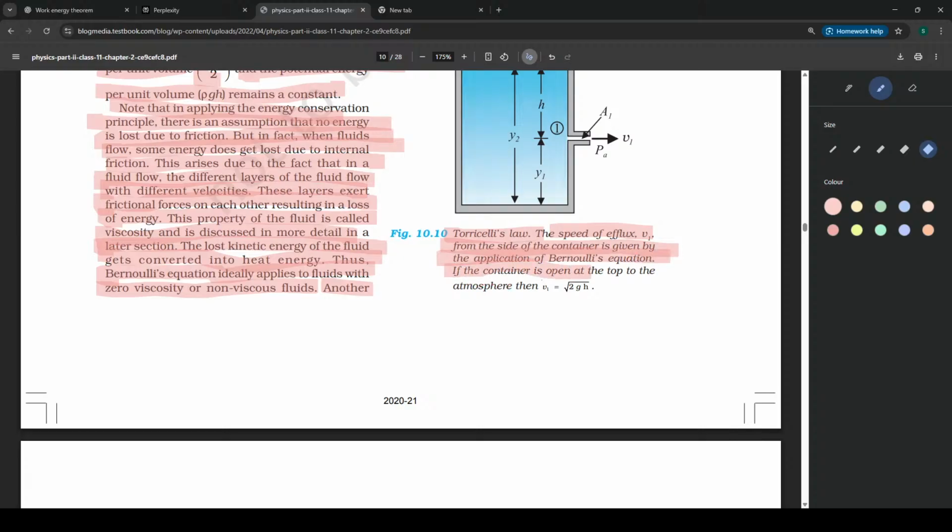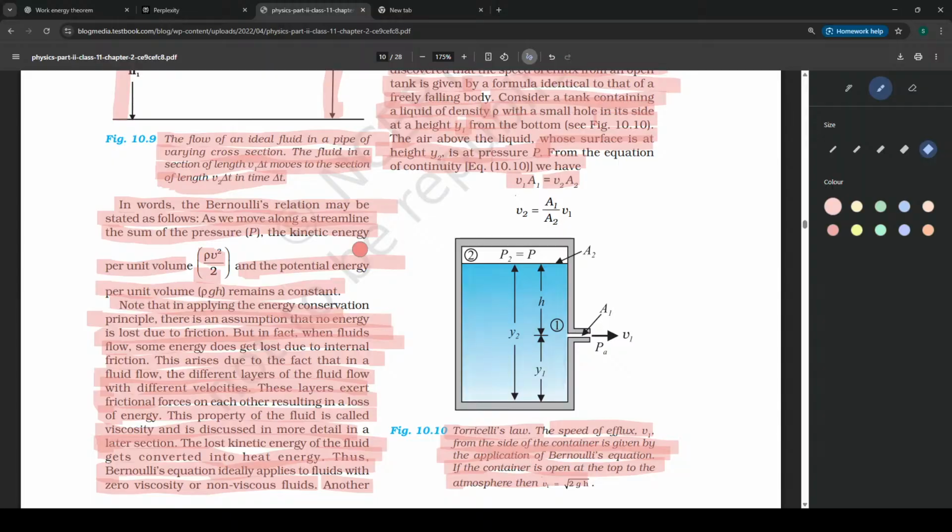If the container is open at top, then V1 equals root 2gh. Basically, this is a container containing water till this level, and the height of the water is given as y2, and there is a hole at the side of the container through which water is going out like this,